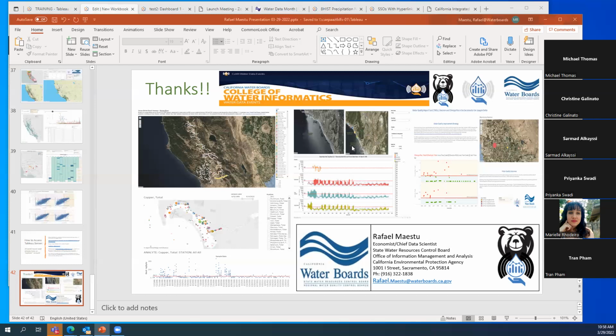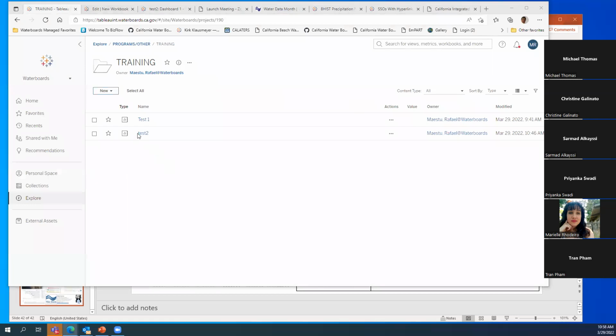So anything created on the server can be shared with anybody in the water boards, even somebody who is not a data user? Yes. For example, this data that we were using for the attendees, we can make it available to everybody, or we can control who can access it. So you can set up the permissions. If there is data that you want to keep to only certain staff, you can always do that as well.